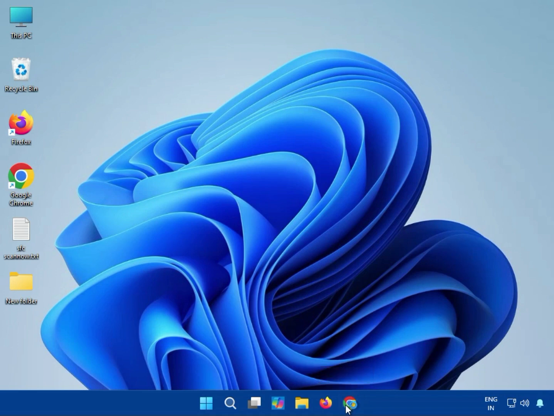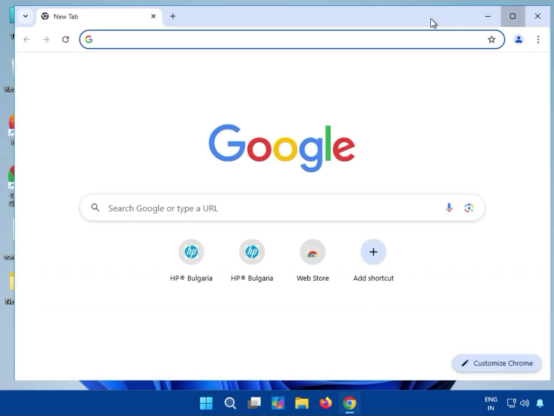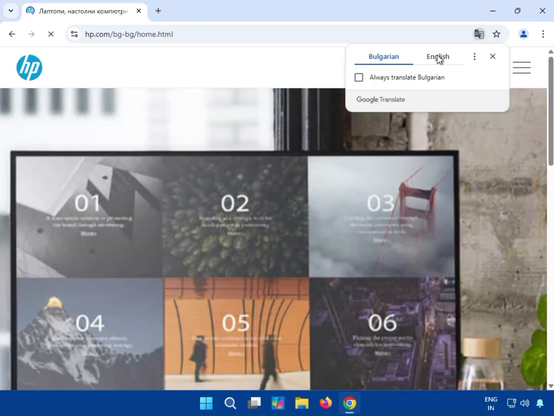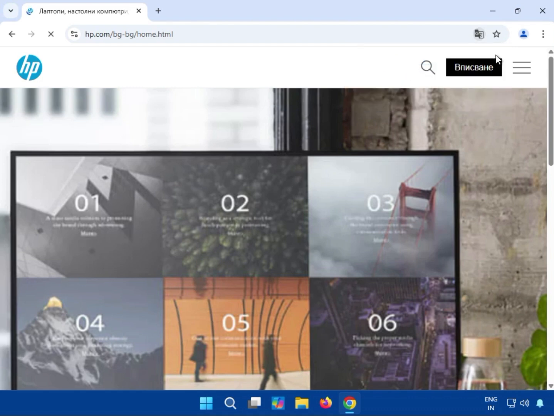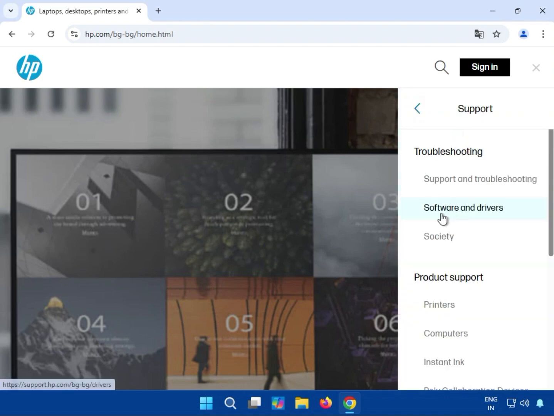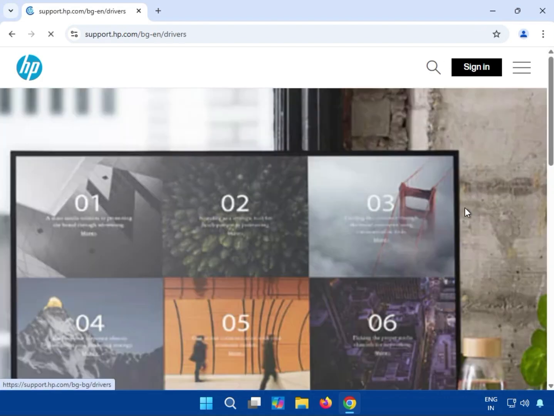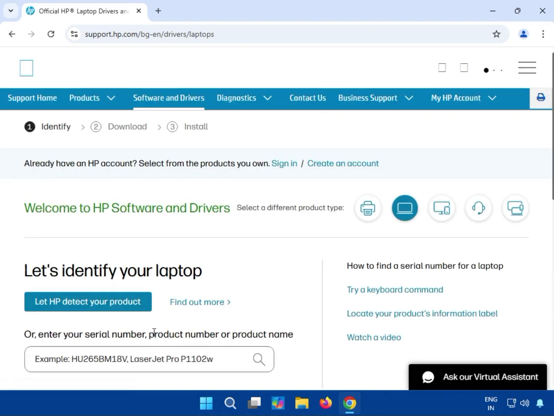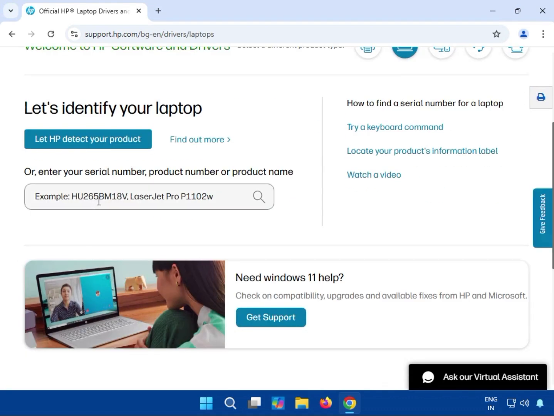So guys, first click to start, open any browser, go to hp.com, xtech 3 dot, then support, then click to software and driver, click to laptop, scroll down,